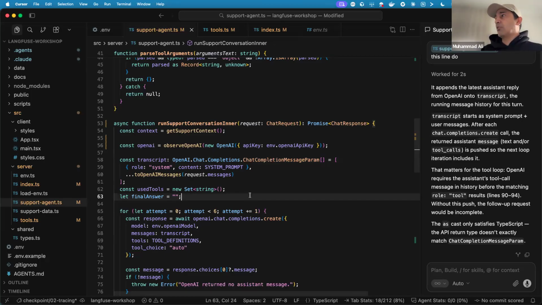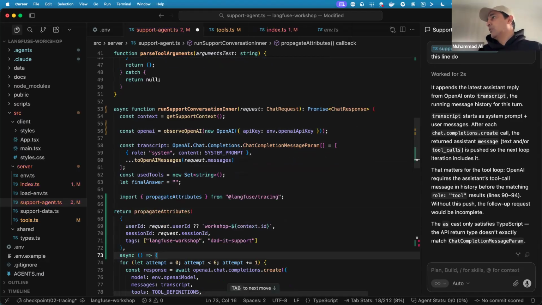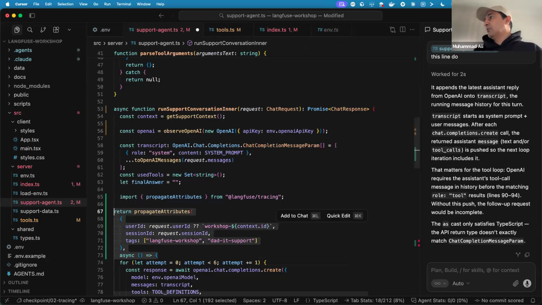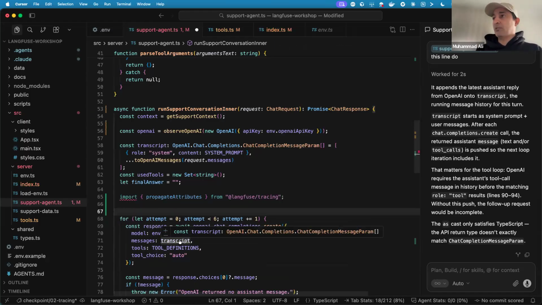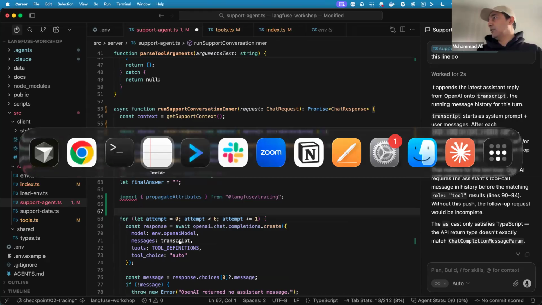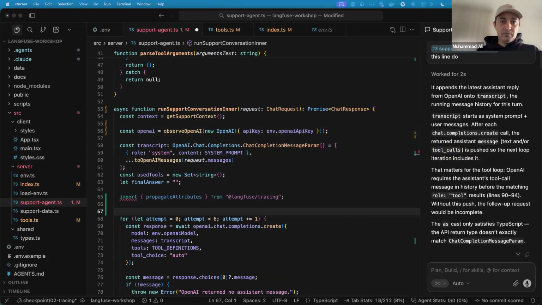But in order for me to avoid messing up this code here, instead of doing that, I'm going to go back to my code repo and say git checkout slash check.